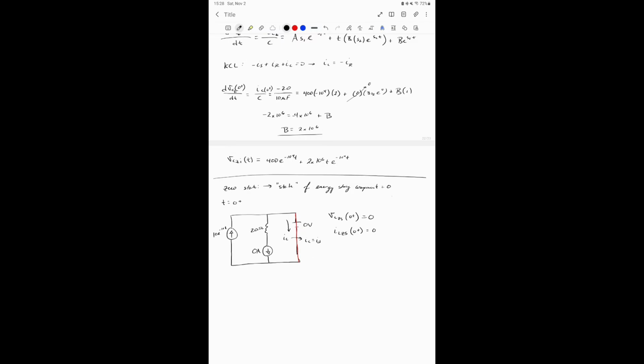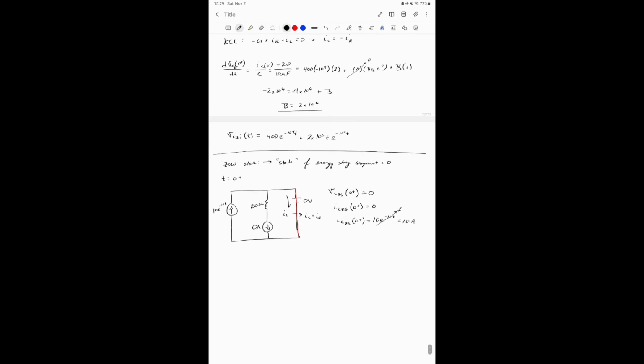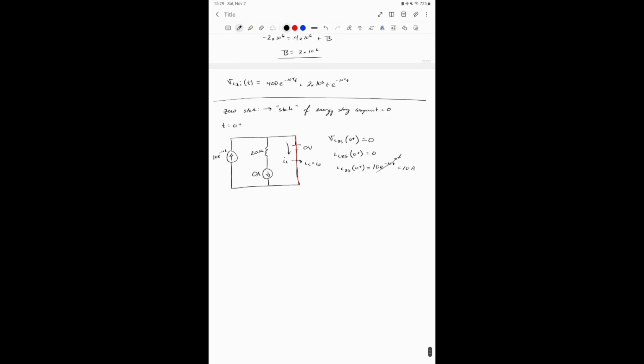And yeah, we already have this. So your IC of 0 state at 0 plus is equal to 10e to the negative 10t. Which, by the way, since this is 0, that means that this is all going to go to 1. So 10 amps. Okay, so now that we figured out our general circuit for our 0 state,